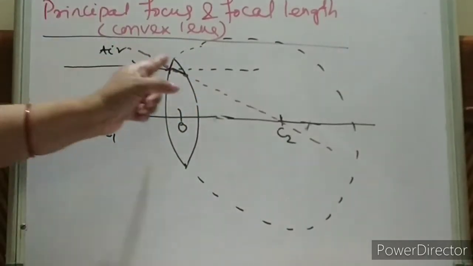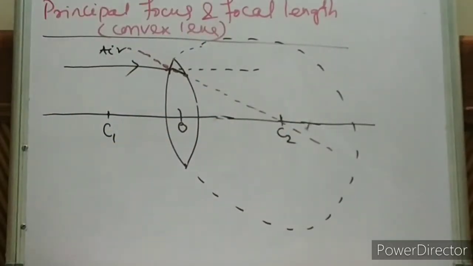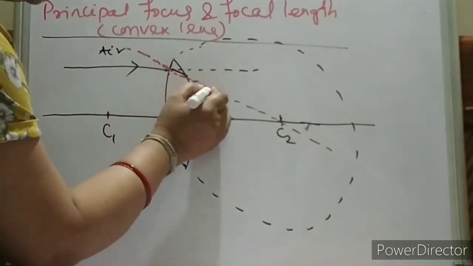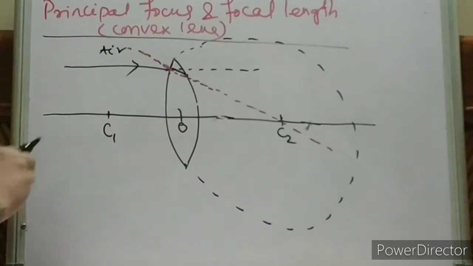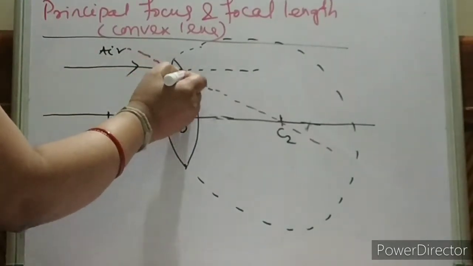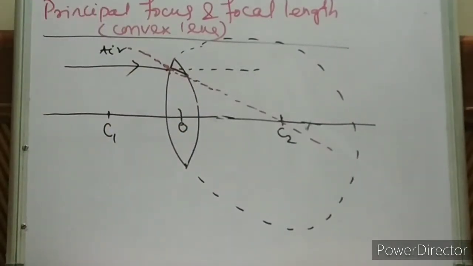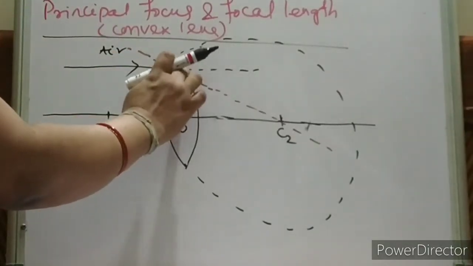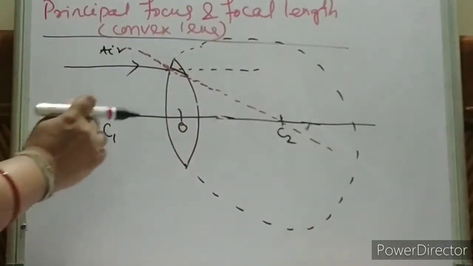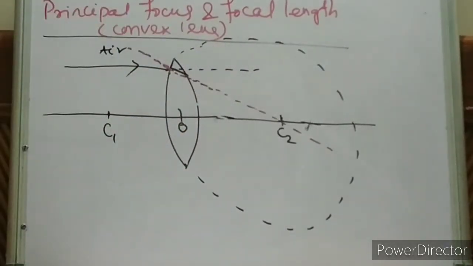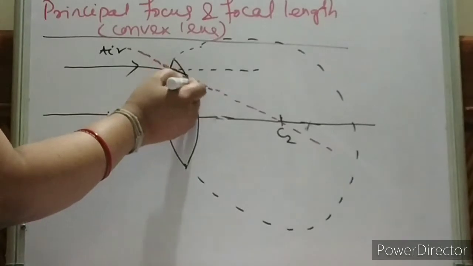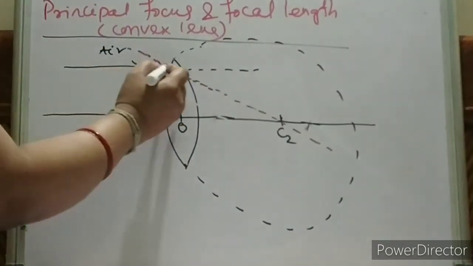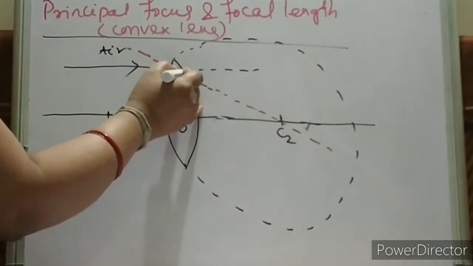Why stop? I can't just extend the line. Let me do it more clearly. So this is your normal. After incidence at this point, the light ray now bends towards the normal. Here again the light ray will have to go to another medium, because here again it is air. So for this surface, this is the incident ray. Clear children? This is the incident ray for this surface.